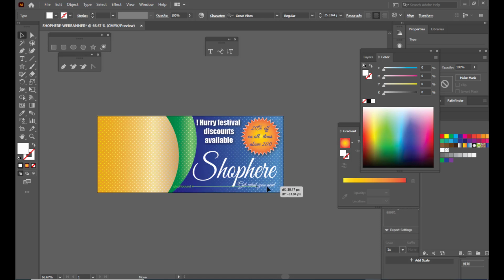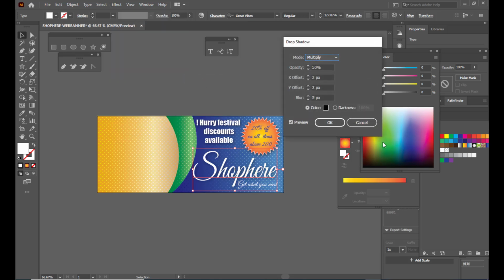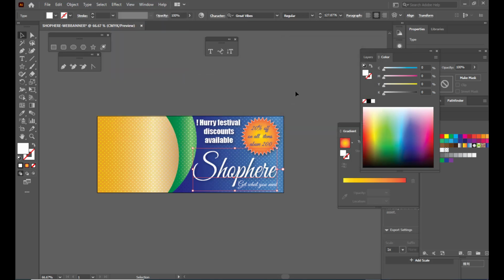We can make it small. Just make it small. Right. So then we can give a simple drop shadow to it, right. So now we have completed the right section of our banner.